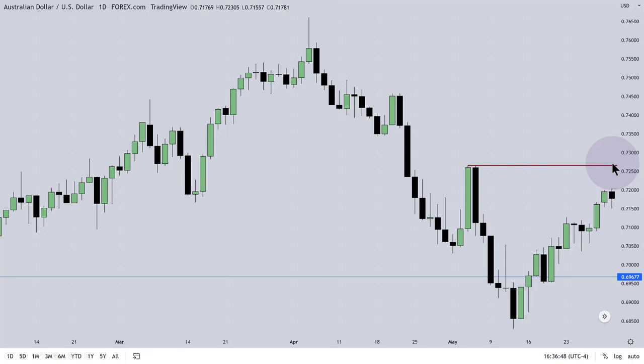The likely draw on liquidity to this level here and reaching above yesterday's high is enough to warrant a likely bullish scenario. So bias going into Wednesday's trading for Australian dollar should have been, and this is obviously with the benefit of hindsight, but I think I've earned that right to be able to talk like that, I think now. But if we go into a lower time frame chart,